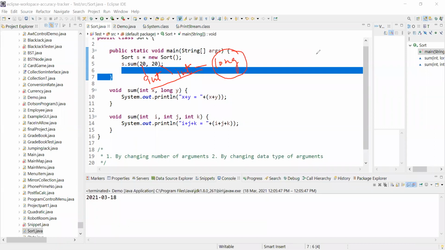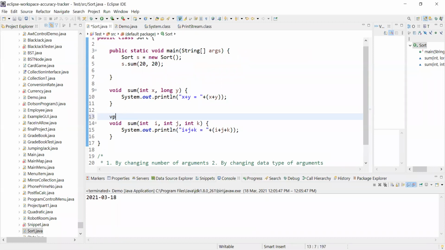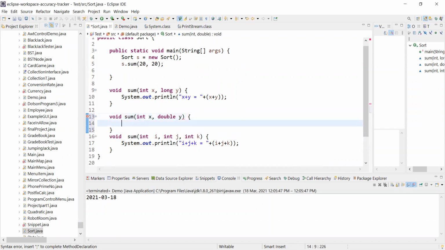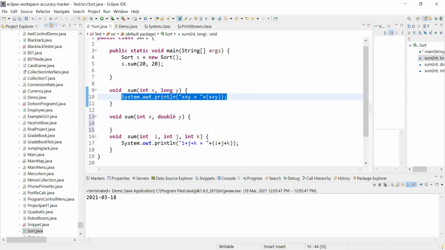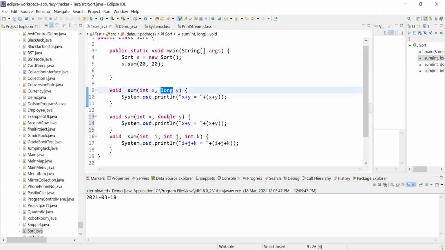So which method will it take for s dot sum 20, 20? First it will look for the nearest one. The nearest one would be this one, long. If it is not there, then it will come to this double.